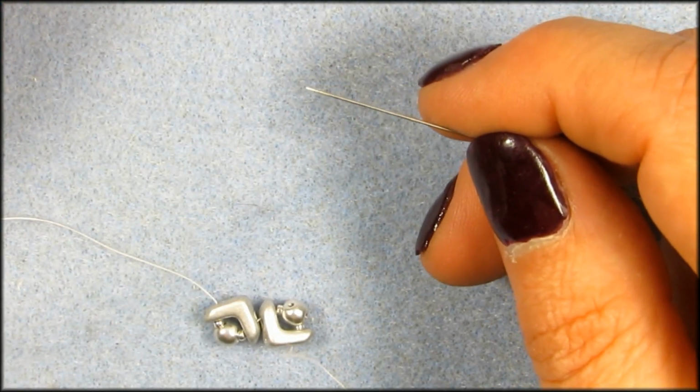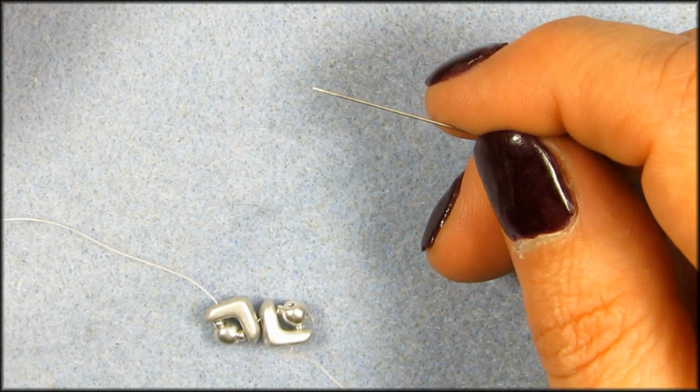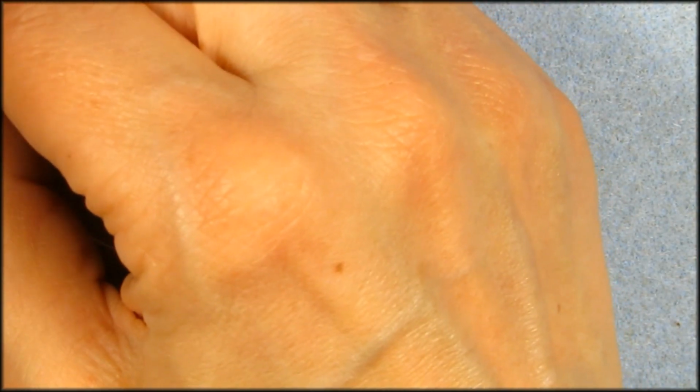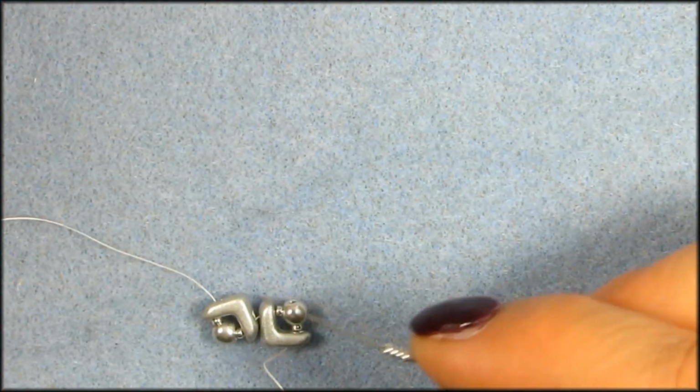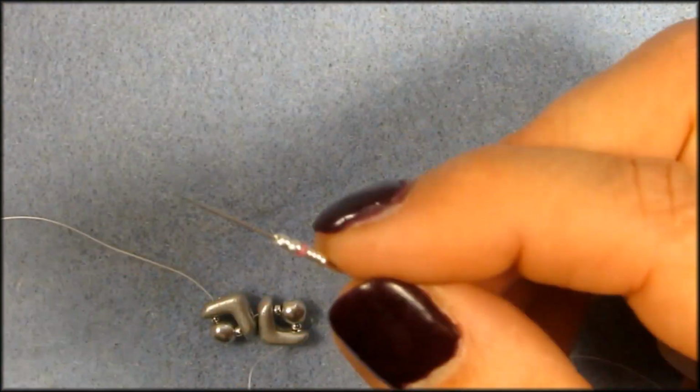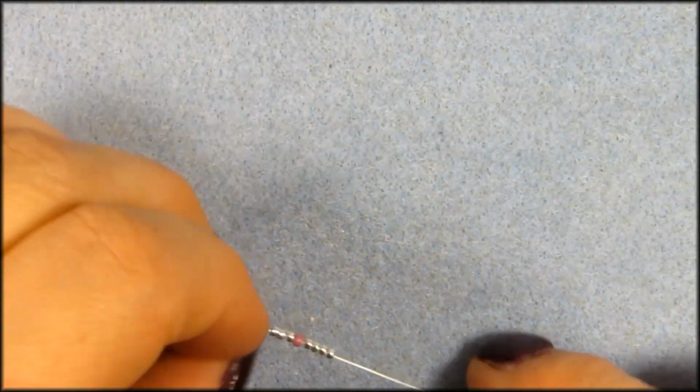next we're going to add 4 silver seed beads, 1, 2, 3, 4, and then we're going to pick up the 11-0. You only have one, so I pick up the 11-0, and then another 4 silver seed beads, 2, 3, 4 silver seed beads. Pull that down,